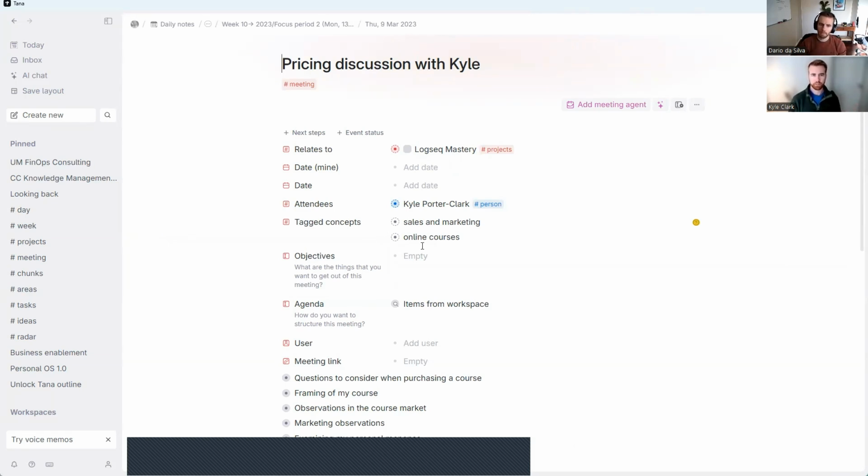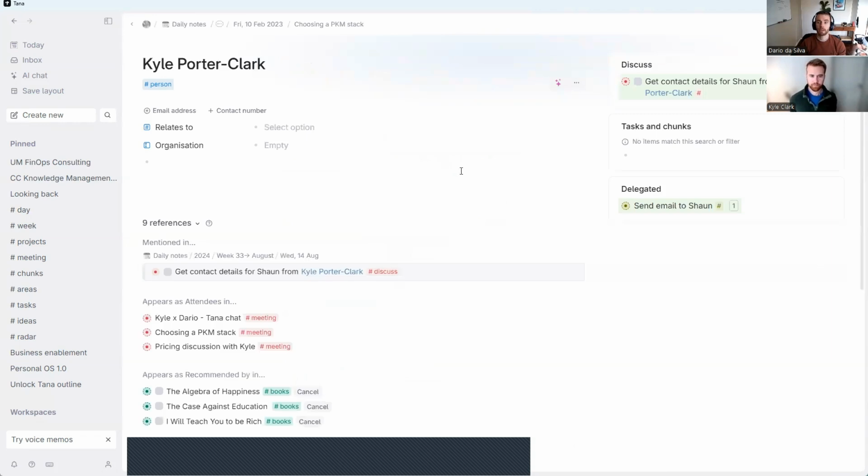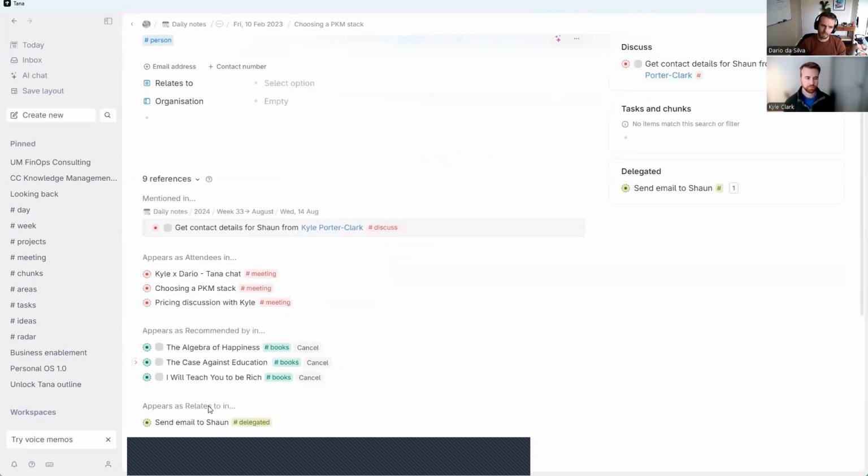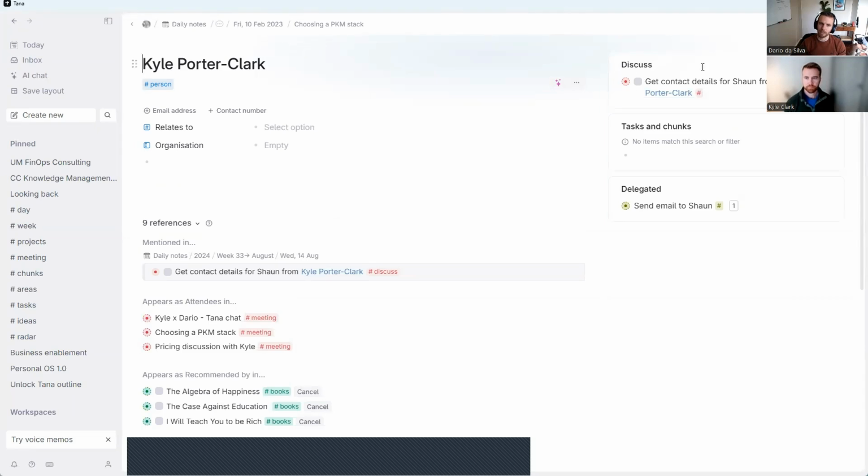Yes, exactly. Another thing which I think might be useful for you is, if I go to your name here, if I go to any person's name, you can see I've got linked references. So anytime you appear as recommended by in these books, or as attendee there. Other things, like I've got a tag which is like, get contact details for Sean. We chatted about that, and I actually completely forgot about that. But if I just go to your person tag, I find these different things that come up